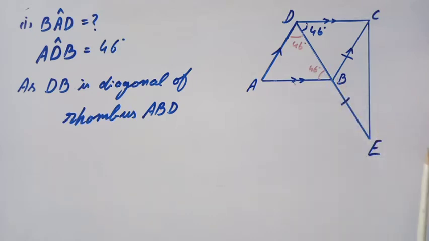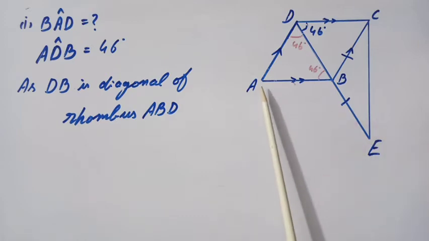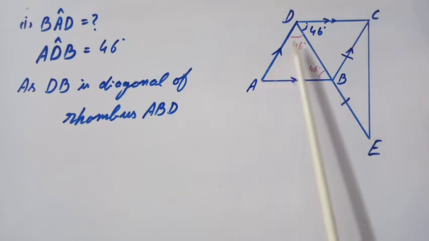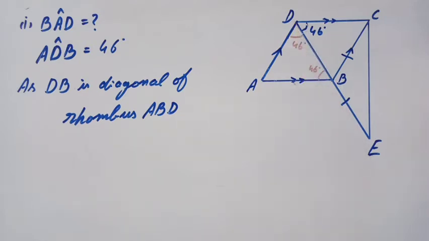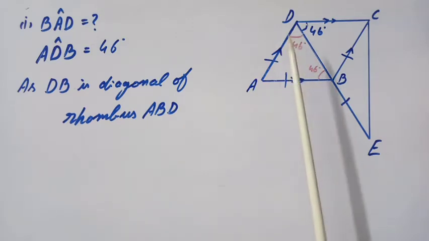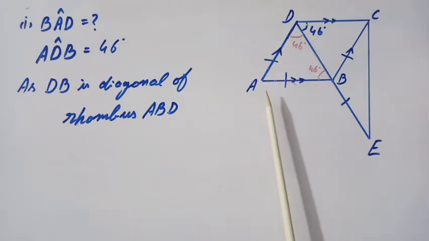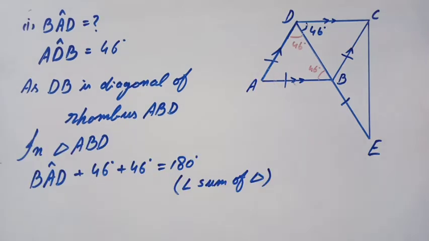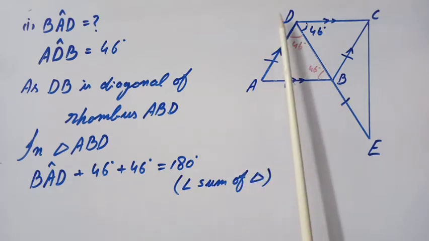Why? Because in the rhombus all the sides are equal in measurement. So AB would also be equal to AD because of isosceles triangle, right? क्योंकि जब rhombus में चारों sides बराबर हैं और ये diagonal हमने draw कर दिया, तो अब ये triangle का जो हिस्सा है, अब इस isosceles triangle ABD में हम देखते हैं, we can easily find out the angle A over here, right? So now in triangle ABD,